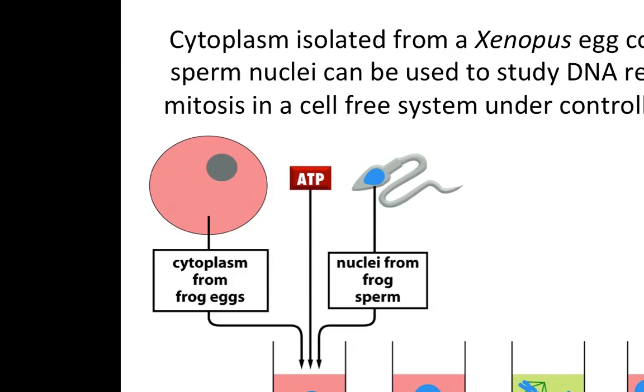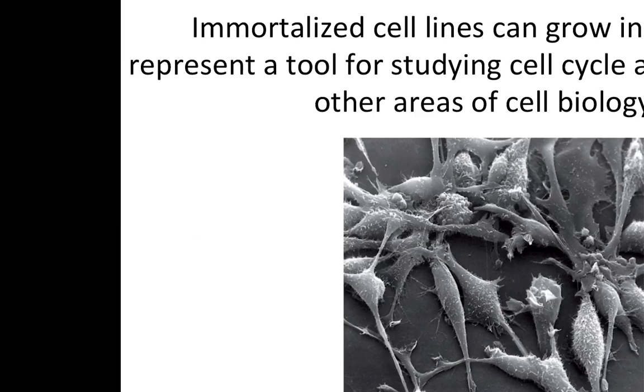So the cytoplasm isolated from a Xenopus egg can be combined with sperm nuclei, and then that could be used to study DNA replication and mitosis in a cell-free system. You can use immortalized cell lines. What are immortalized cell lines? Cell lines that always divide. What usually happens to them that